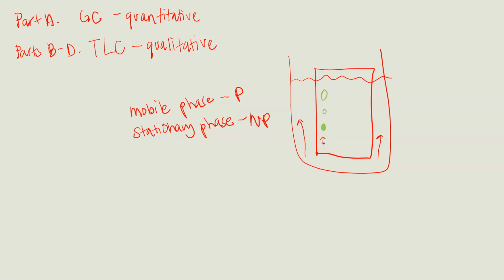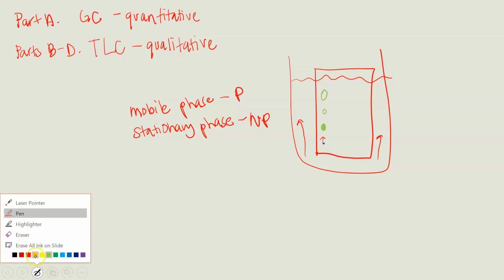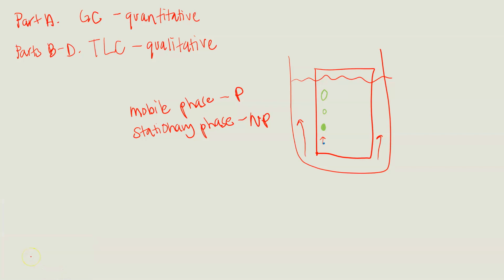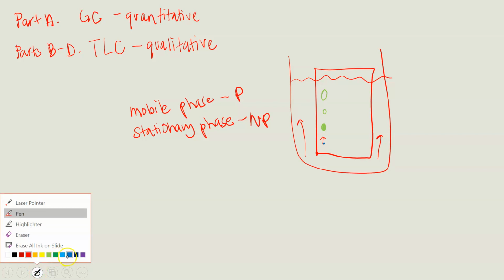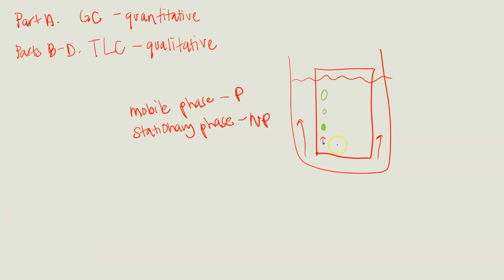So the way to test this qualitatively to know what they are, you have to have a general idea of what they could be, and then you test those things. Let's say that I think that one of these is iron. I think one of these things is iron. So I would take pure iron or an iron solution, and I would do the exact same test right next